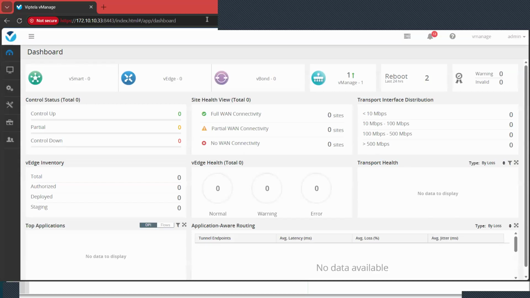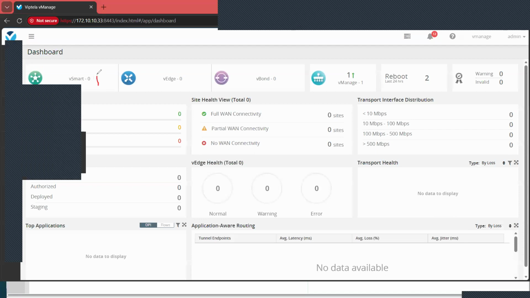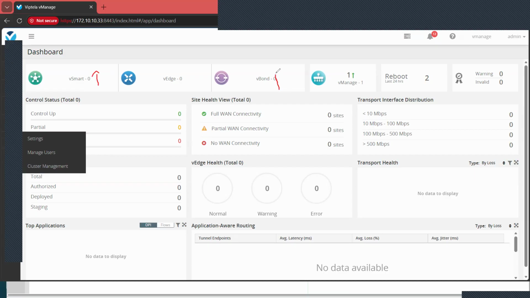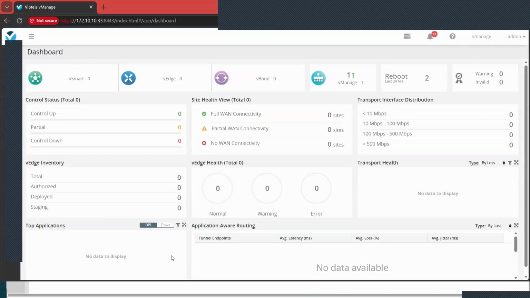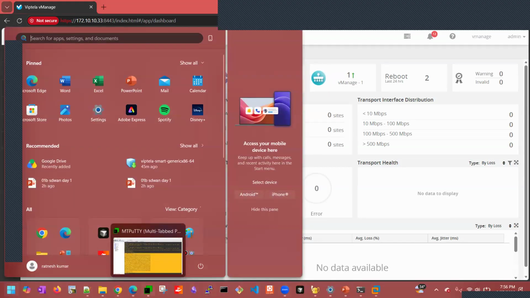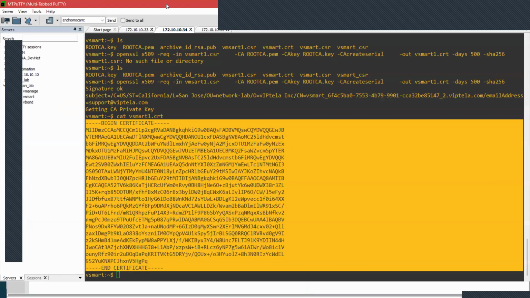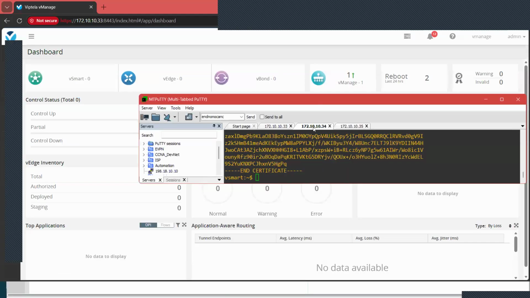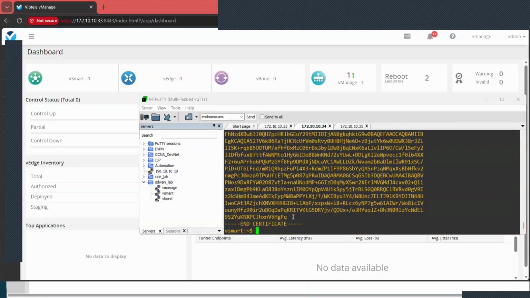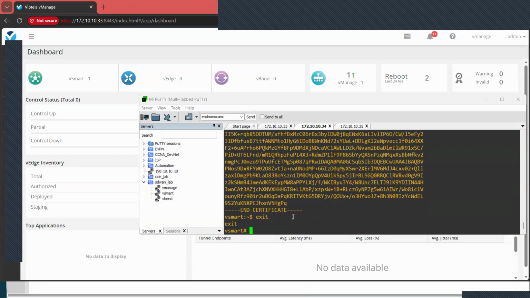And you will see the counters here. Counters here you will see. You'll see one arrow here up and one arrow here up. It's not showing. I'll show you, tell you why. It is not showing here. So if you go here in this, I want to show you this parallelly. So if you go here to vsmart, exit, and